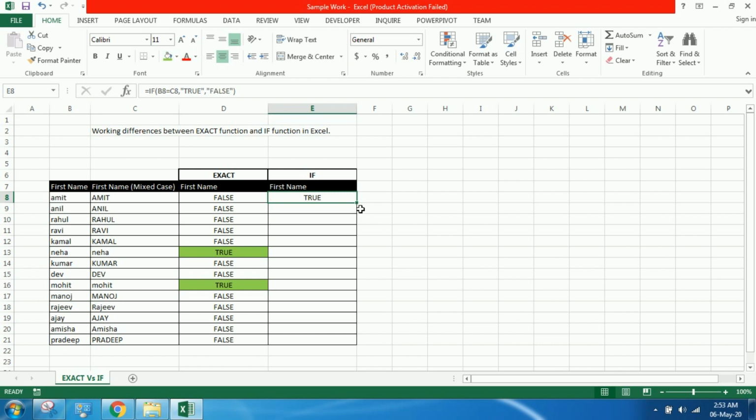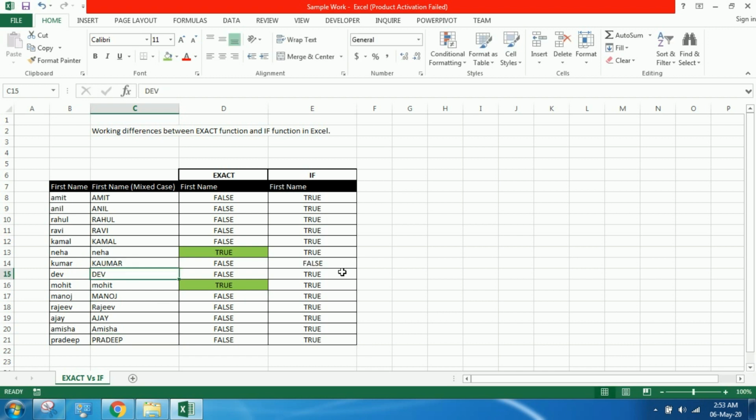If they are unequal, then it will give false. So I think all will be true. Yes, because the alphabets provided in column B and column C are exactly the same. The IF function is not case sensitive.